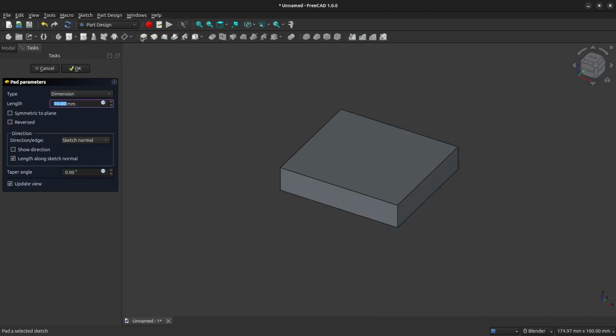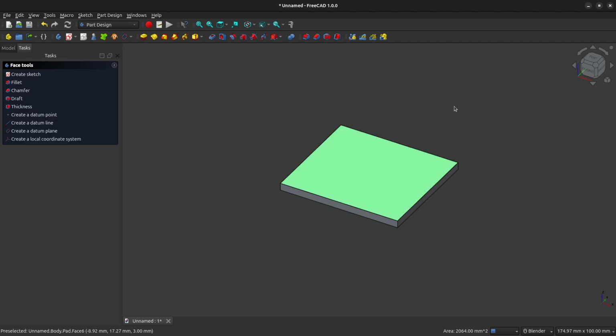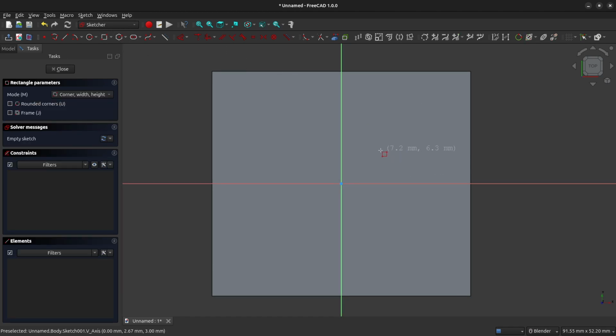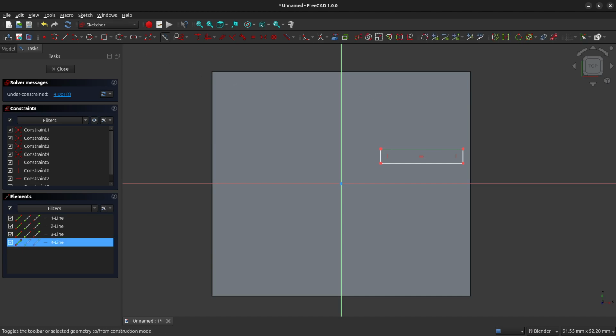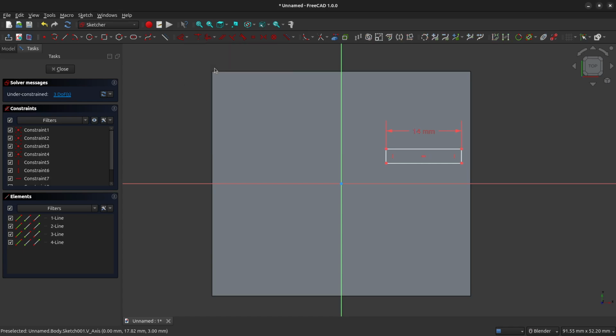Pad the sketch out to 3 millimeters. And now we're going to create a new feature on the top of this block that we've created. So left click on the top face and create sketch. Our first feature that we're going to add is a pillar that we will use to hold the motor mount, or the motor. So create a rectangle,